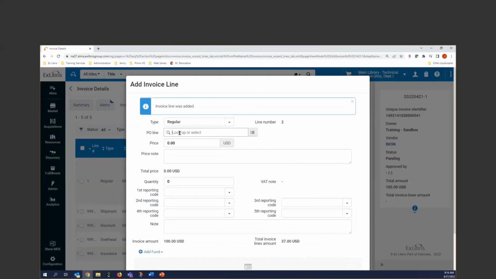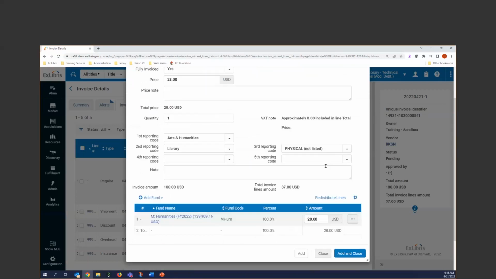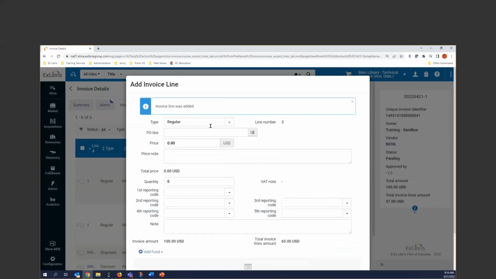And I've got another one, 80.60. Okay, that one is going to be $28. Oh, that reporting code wasn't correct. I could always change my fund. I could change my value. Add. And let's say if you don't have the PO line